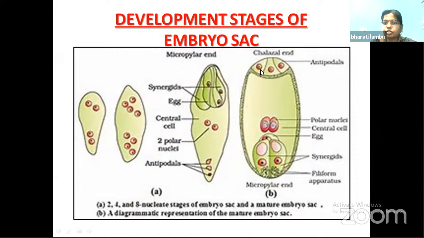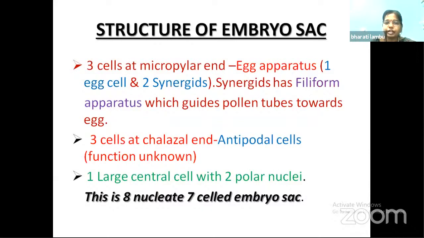And this is called the embryo sac. This embryo sac is nothing but the female gametophyte. So this female gametophyte is nothing but the embryo sac. It is the mature embryo sac which will have the egg now. Okay, children. So the embryo sac will have 8 nuclei and 7 cells. You have to remember this, it is very important. So again, I will repeat: it is an 8 nucleate, 7 cell embryo sac. We'll learn more about this again. So we'll have a recollection of what we have learned till now.